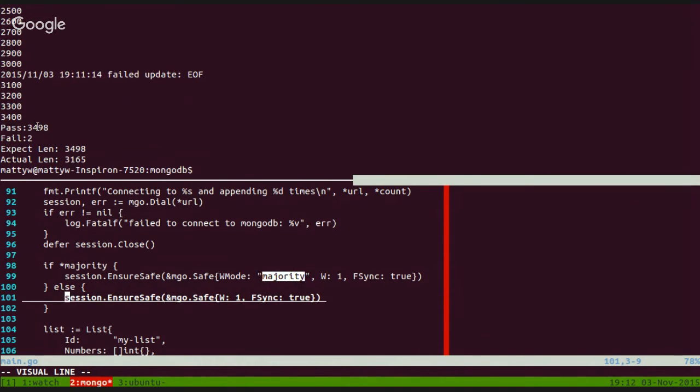Okay, so you can see at the top here that we did 3,498 successful writes, and we know about the 2 that failed, which were when the primary switched. So we expect 3,498 items to be in the list, but we only get 3,165, which means we've lost roughly 300 inserts. They've just disappeared. So it's worth reading Carl Kingsbury's blog posts to get a bit more information about why